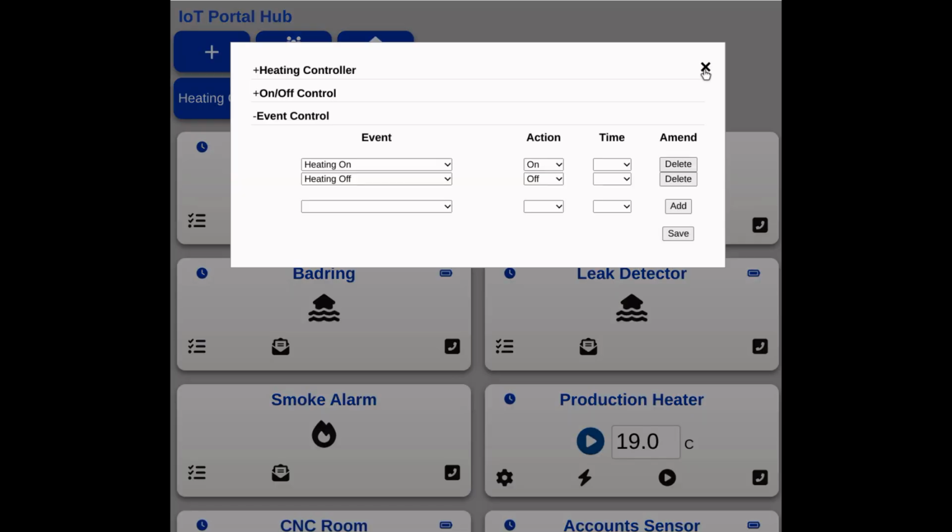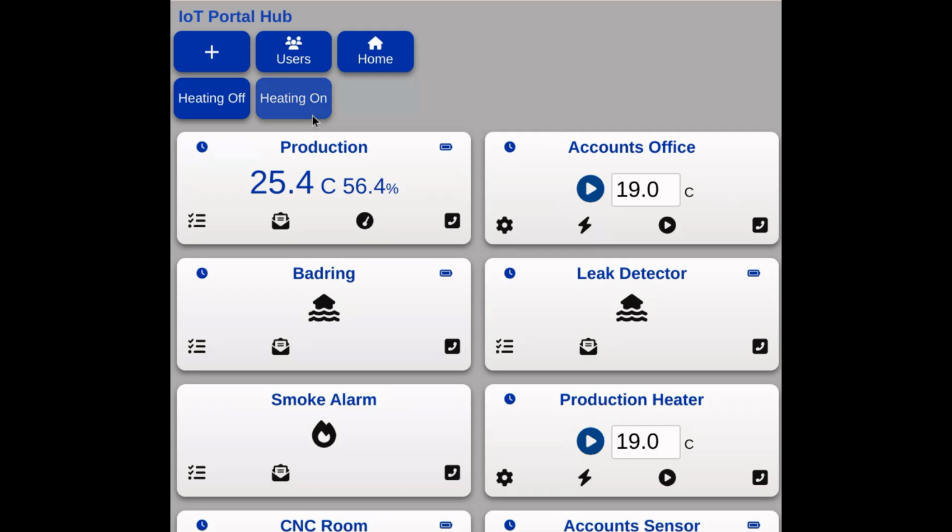I've just saved the production heater event to the device, so now we're ready to try it. So we close that. If we click on the heating on button, we should firstly see the accounts office come on, and then we should see the production heater come on. And obviously if we click the heating off button, we should see the accounts office go off and the production